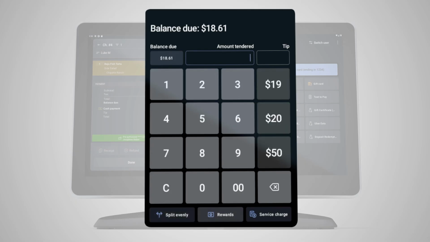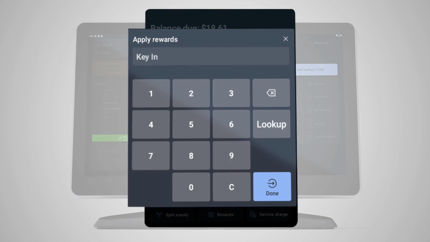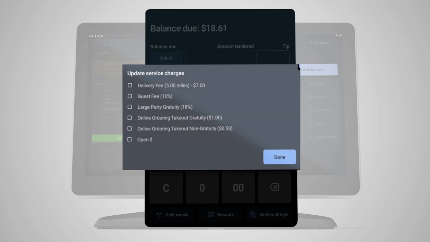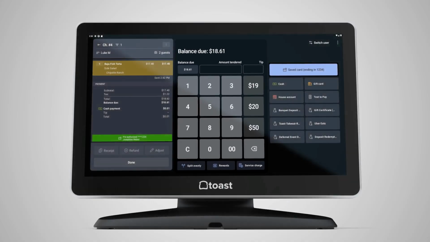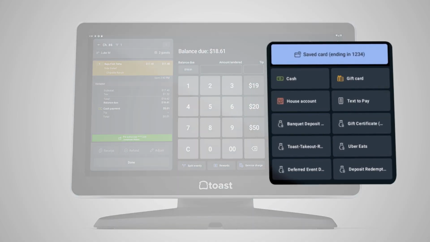The rewards button will bring you to this screen where you can key in, swipe, or scan the guest loyalty card. The service charge button is where you can apply or remove any service charges, like a delivery fee or a corkage fee. On the right side of the payment selection screen, you'll see your payment options like gift cards